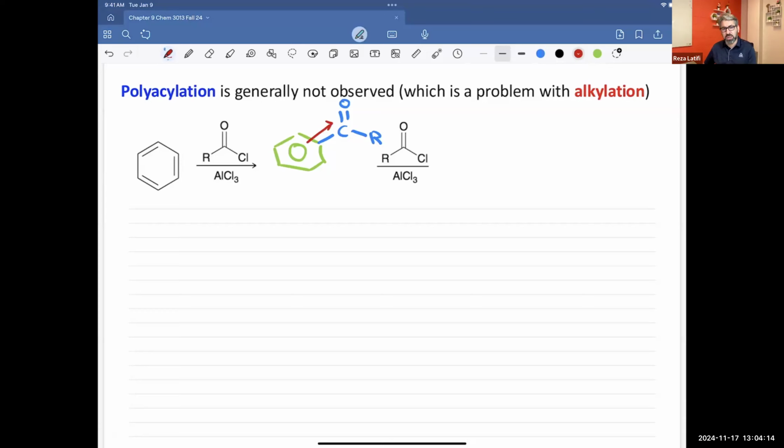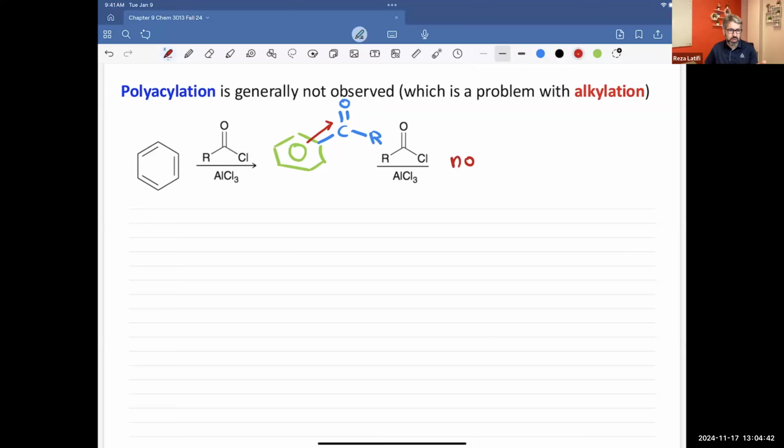Is it possible to get another acyl group attached to the ring? And my answer is going to be no. In this case, we're not going to have two acyl groups attached to the ring, and the reaction is going to stop there. Okay, now in this lecture, I'm going to spend time to show you how to reduce